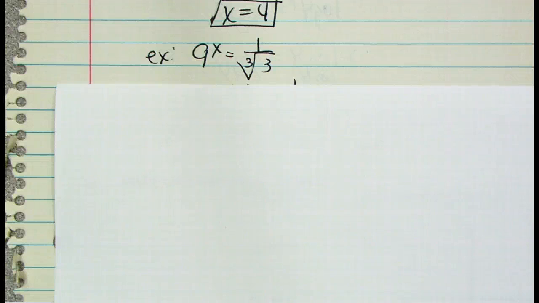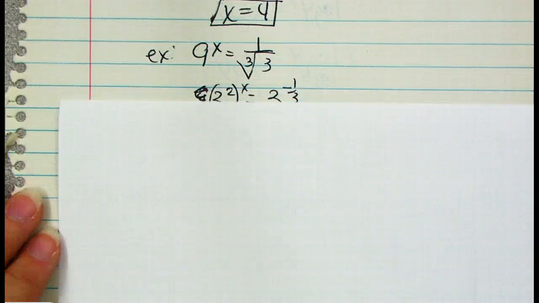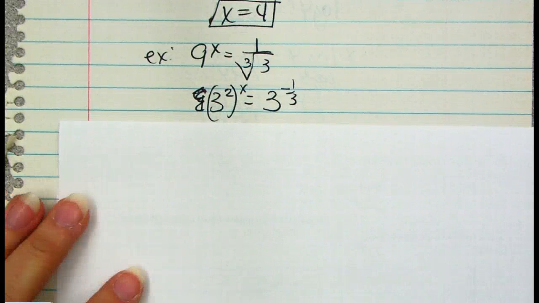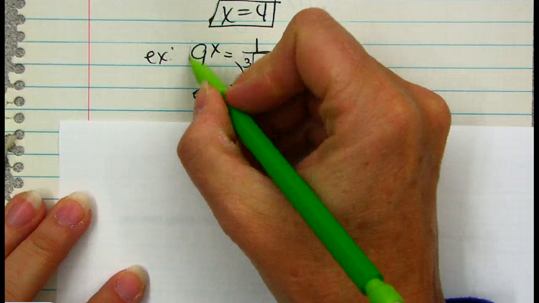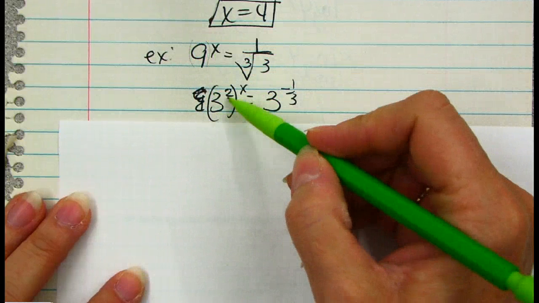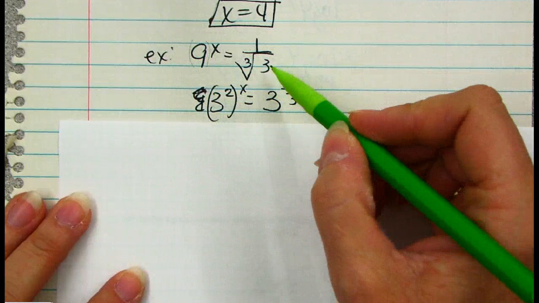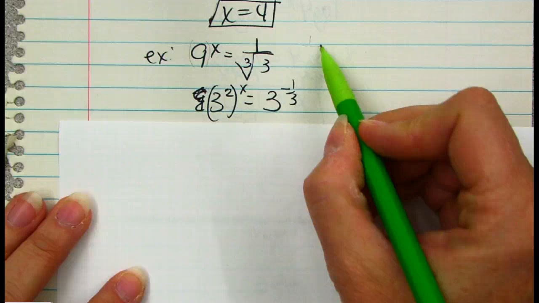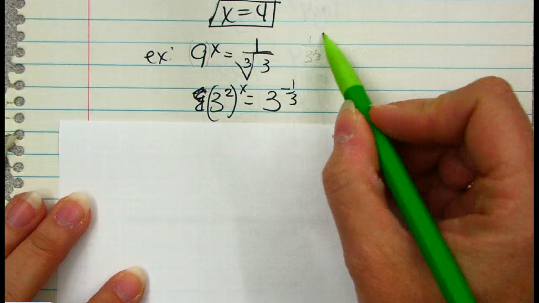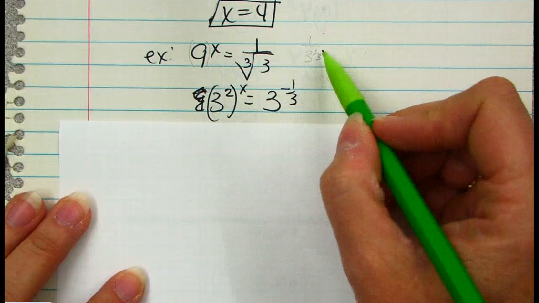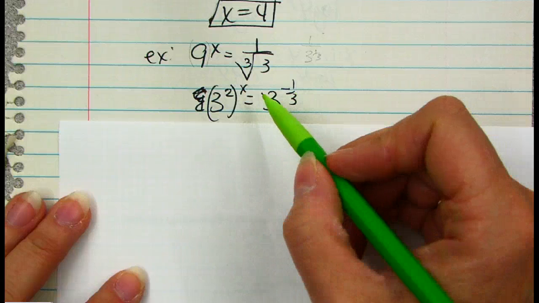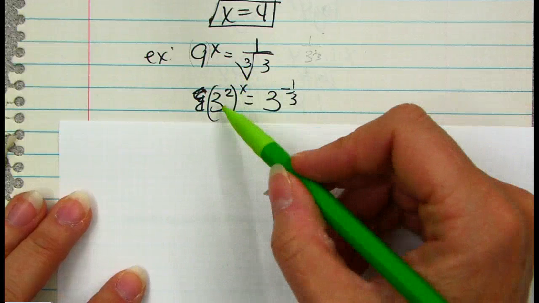So now you have to discover whether or not you can write that with the same base. So what I did is I put parentheses around 9 and I rewrote that 9. 9 can be rewritten as 3 to the 2nd power. This one here, at first it was 1 over 3 to the 1/3 power, and then when you get that up in the numerator position, you're going to take the exponent of negative 1/3 and make it negative. So I was able to take this original problem and have both of them have the same